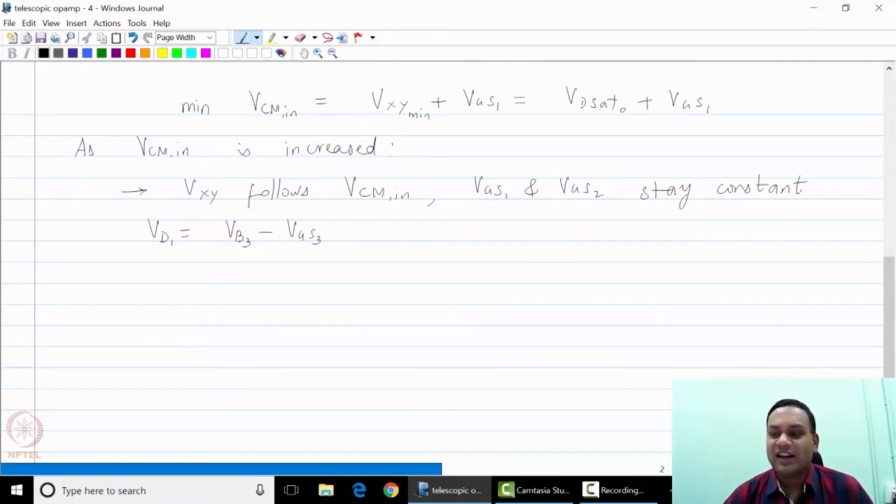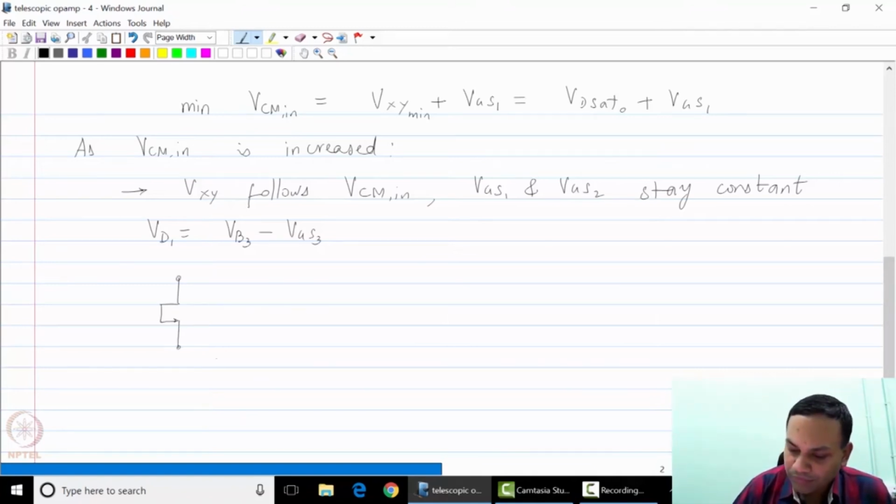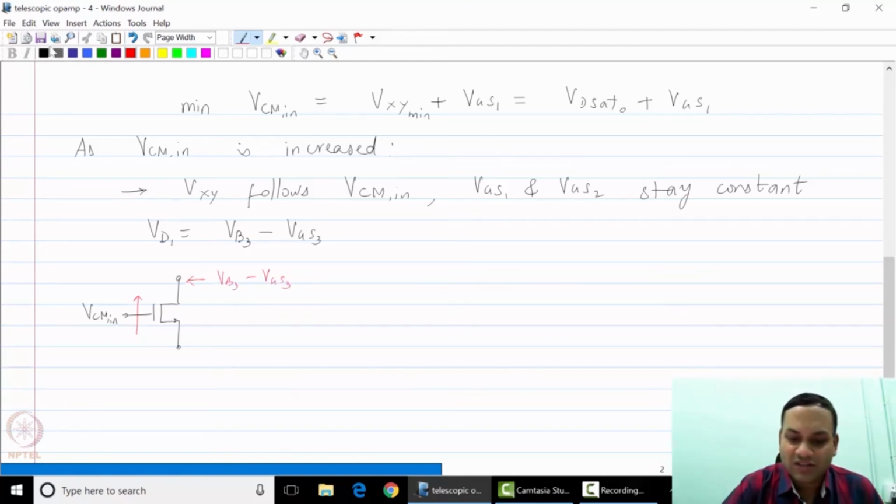Please note that because the current stays constant, VGS3 also stays constant. Now, please note that for M1, VCM in, so the gate voltage, is increasing, whereas this is constant at VB3 minus VGS3. So M1 enters triode